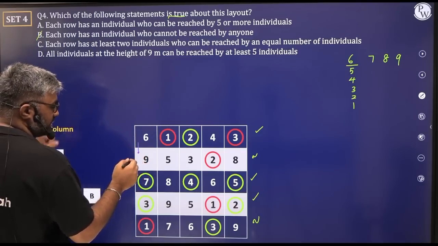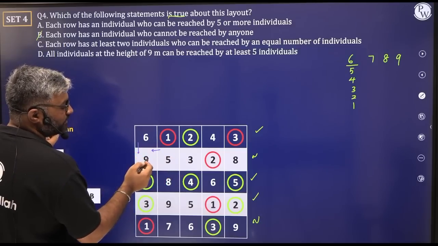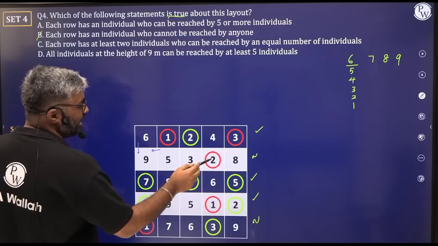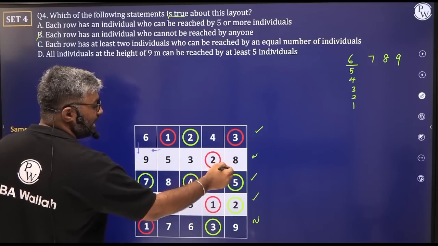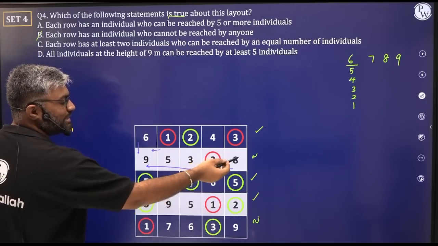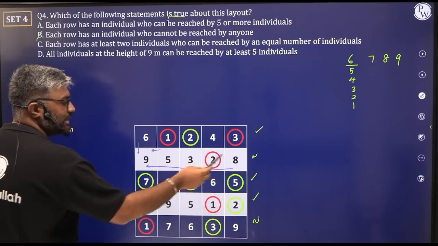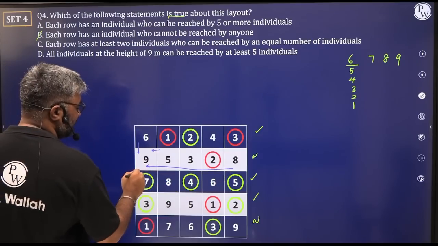It can be reached from 6. That is 1. It can be reached from 5. That is 2. Cannot be reached from 3 because 5 has to be lesser than it. Cannot be reached from 2 because 2 has to be lesser than it. But can be reached from 8. क्यों? 8 से आप 9 जा सकते हो क्योंकि 8 और 9 के बीच के जो भी टर्म्स है is less than 8. 2, 3, 5 less than 8. 8 is less than 9. We have 3 so far. Can we go from 7 to 9?